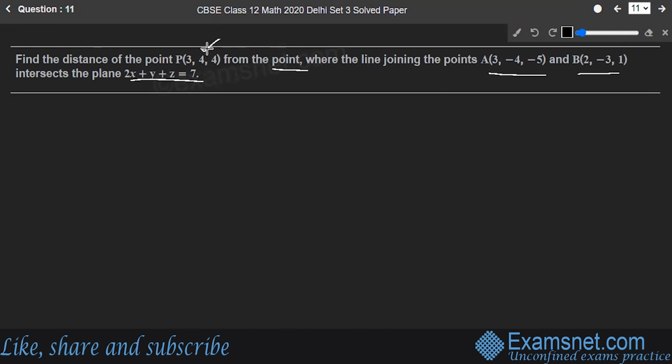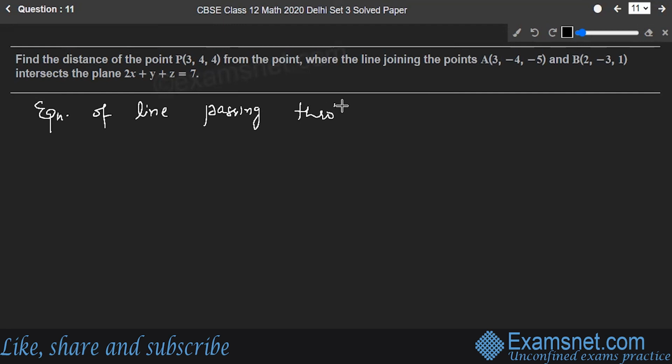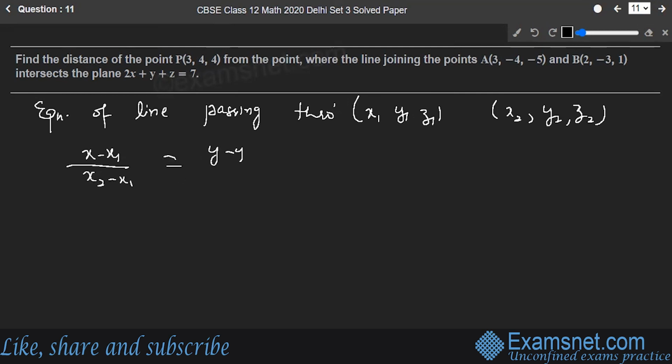So it's known that the equation of the line passing through the given points, let's say x1, y1, z1, and x2, y2, and z2, is given by x minus x1 upon x2 minus x1 is equal to y minus y1 upon y2 minus y1,